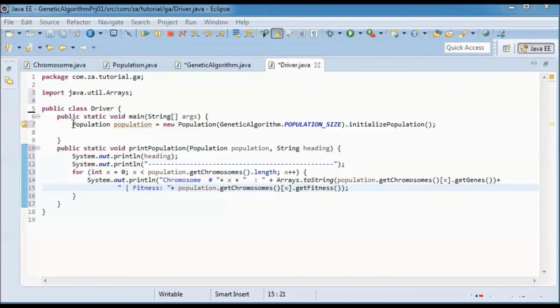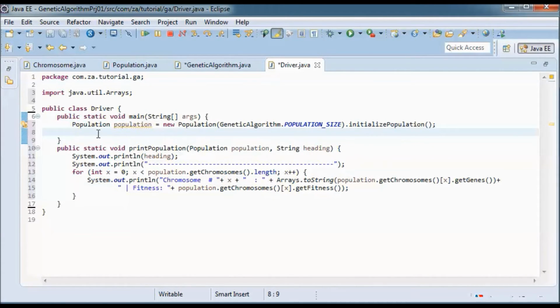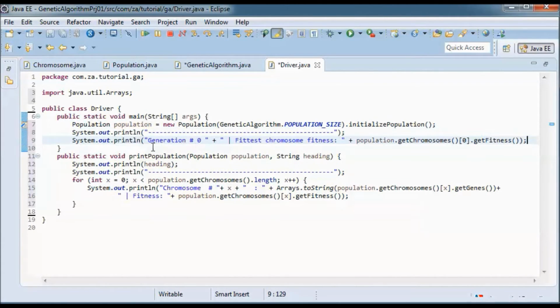So the initial population here will be population 0, generation 0. I'll print out the fittest chromosome fitness in that generated population by doing population.getChromosomes.